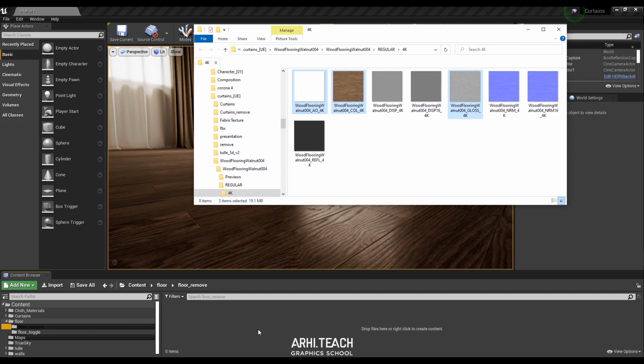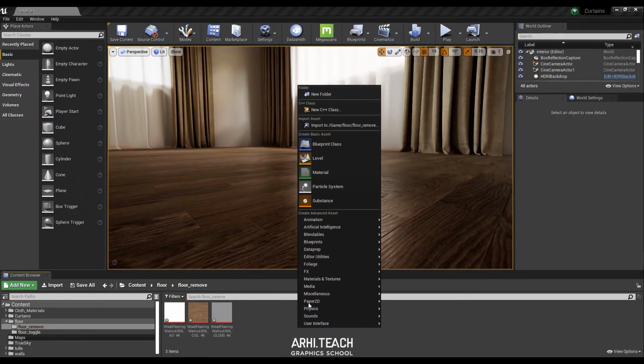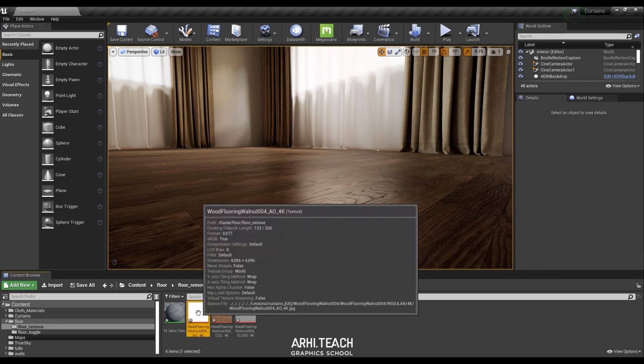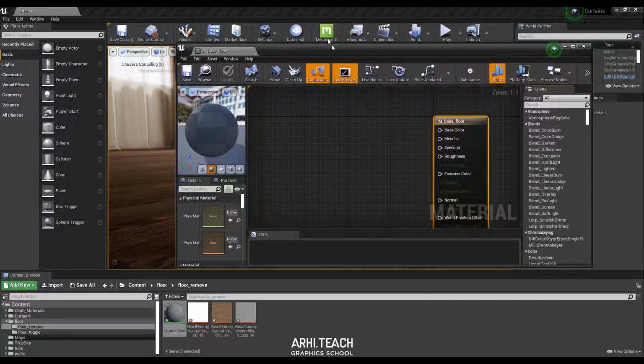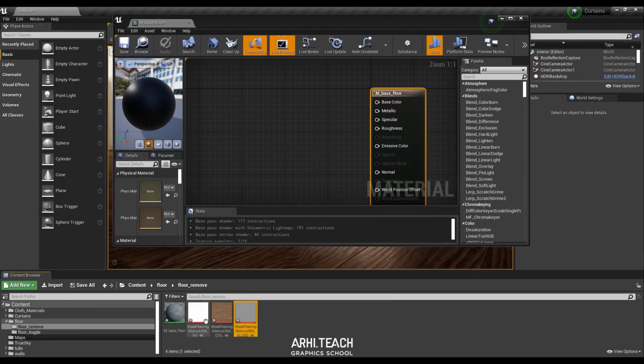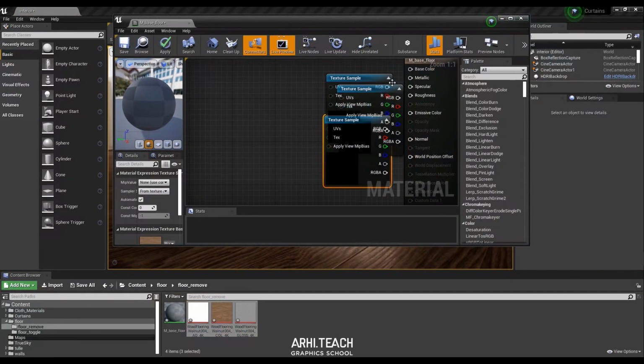And after that, we will create a material. We will immediately throw the resulting textures into a new material. We right-click, Material, and sign that this is material, base, our parent, and also indicate that this is a floor right away. Next, we open the resulting material, move our scroll, and immediately throw our textures into the workspace. Texture samples are created optimally and automatically.